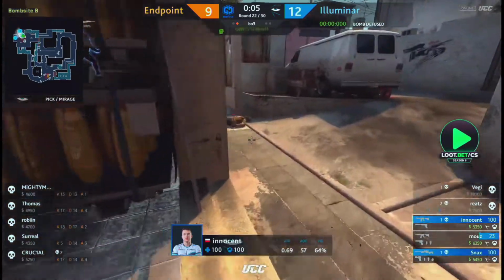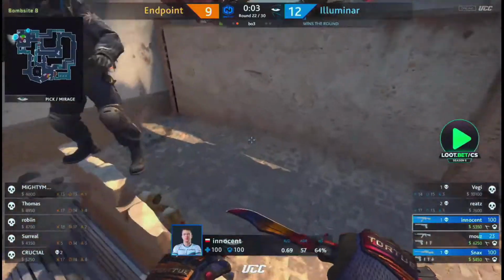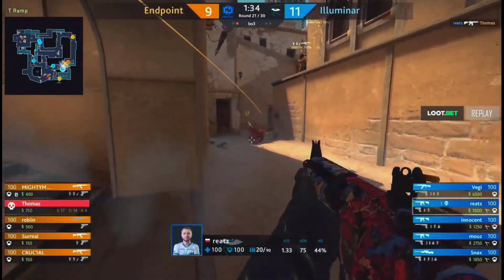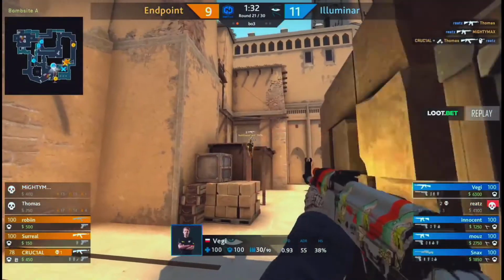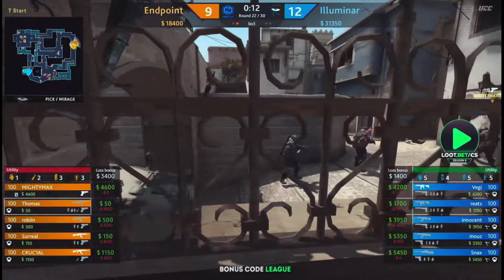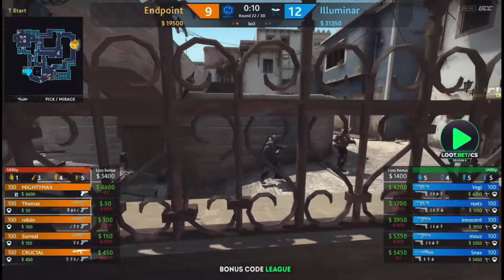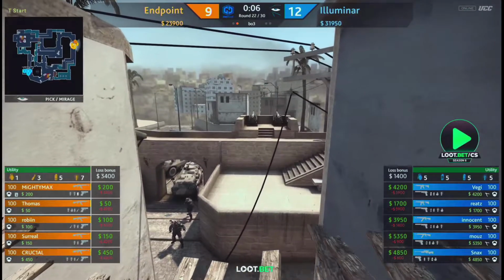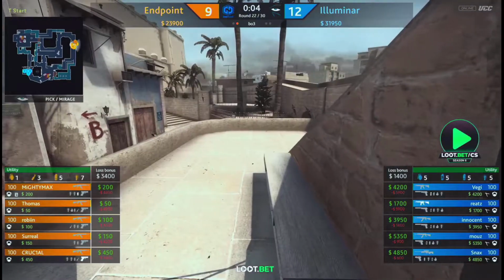12 rounds for Illuminar now. They're getting closer towards that 16, tying the maps up here. He gets the kill 2 and eventually gets the guy on apartment. And just like that, it's a 3v2 for Illuminar. Or 4v2, eventually stayed alive, so...